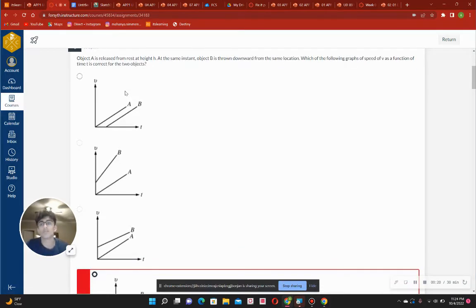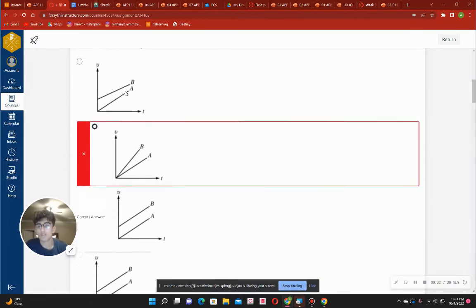Object A is released from rest at height h. At the same instant, object B is thrown downward from the same location. Which of the following graphs of speed v as a function of time t is correct for the two objects? So I got this question wrong because